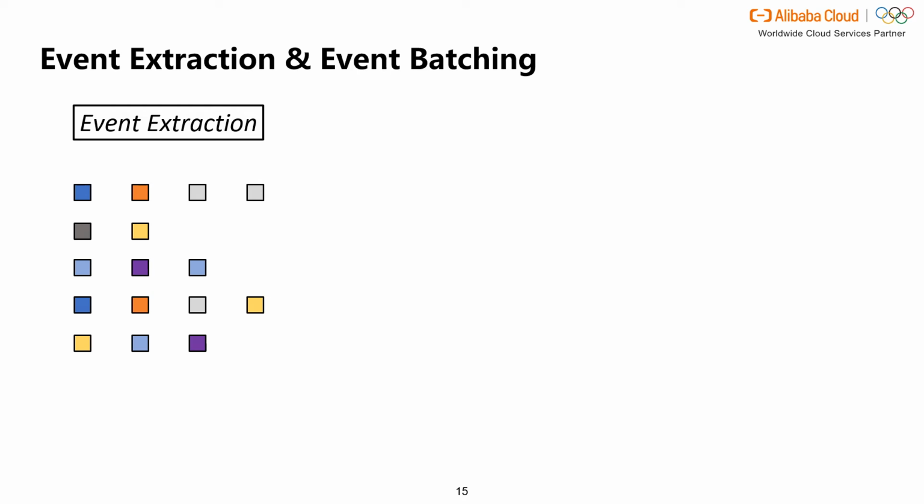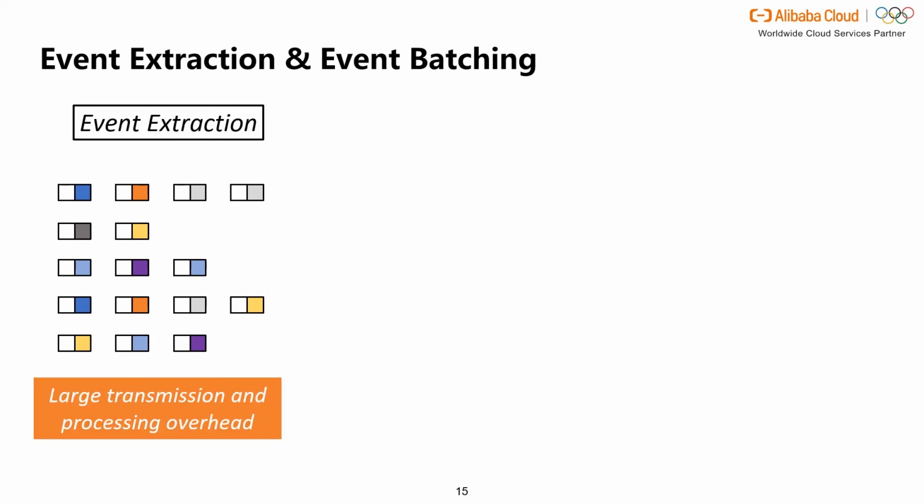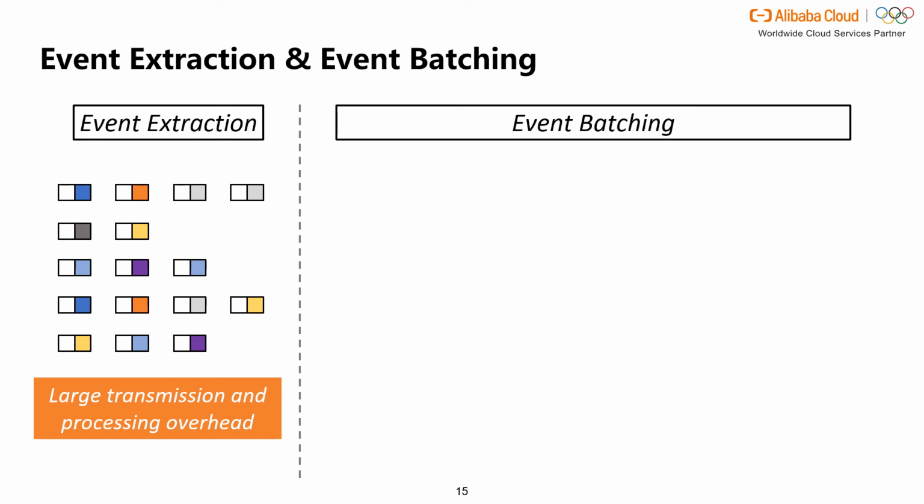To further remove redundancy, NiceR extracts flow event information from raw packets and metadata, and can compress each flow event into 24 bytes. After extraction, flow events are sent to the management plane via Ethernet packets. Since an Ethernet packet has at least 64 bytes, sending one event with one packet will lead to large overheads. To address this problem, NiceR proposes to batch flow events, which packs more than one event within each packet, to reduce the bandwidth and processing overhead.